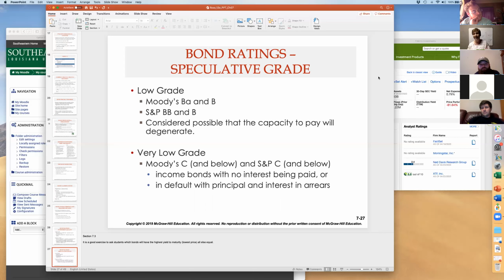a AAA rated bond into an income bond, lower the grade down to C, but the bond only pays the coupons if the company has income. All right, so if they don't have income, a lot of companies don't have income. If they had income bonds, they would not have to make the coupon payments and they would not be in default. Right, but I want to make certain everybody understands that no bond starts out as an income bond, it deteriorates